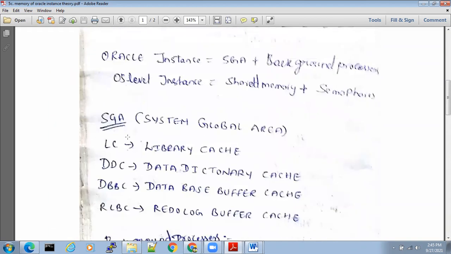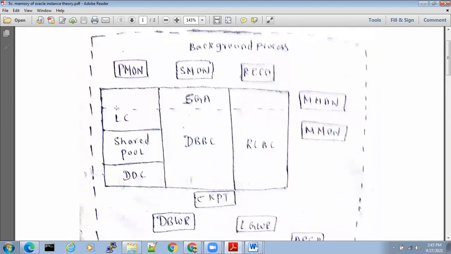But from 10g onwards, you don't have to give separate parameters, is what MMAN is saying. MMAN is telling, hey DBAs, from 10g onwards, you don't have to give a separate parameter for the shared pool, for the database buffer cache, or for the redo log buffer cache. Instead of giving 3 separate parameters, replace all 3 with one single parameter called sga_target. sga_target is equal to 300 MB, for example.